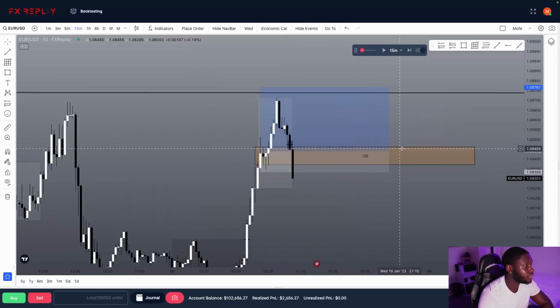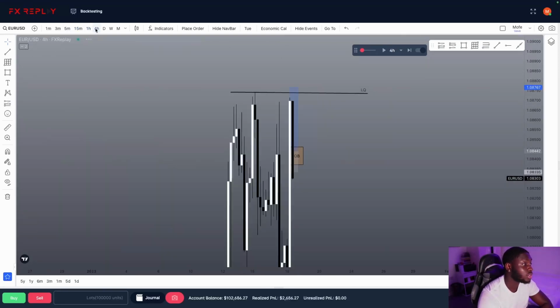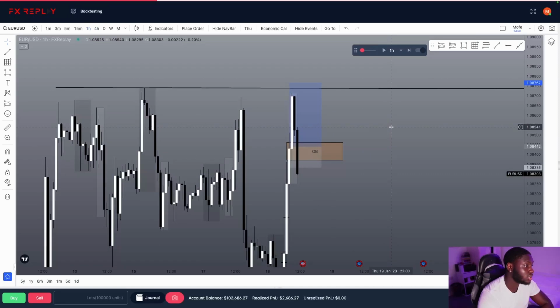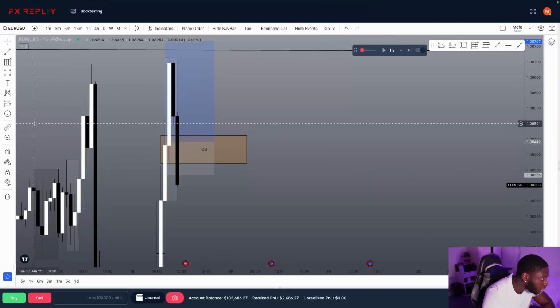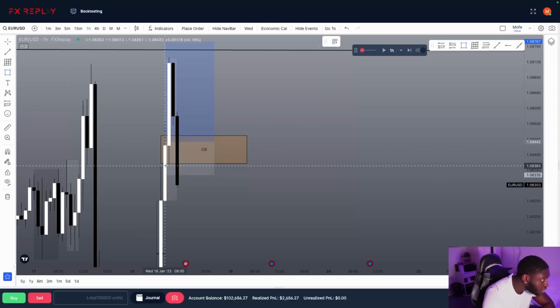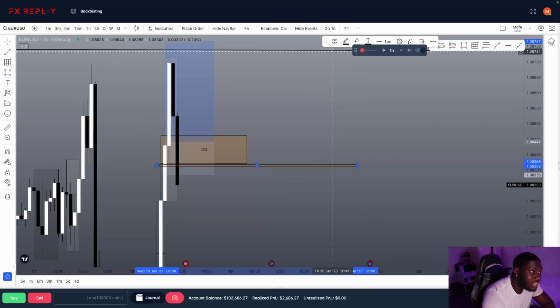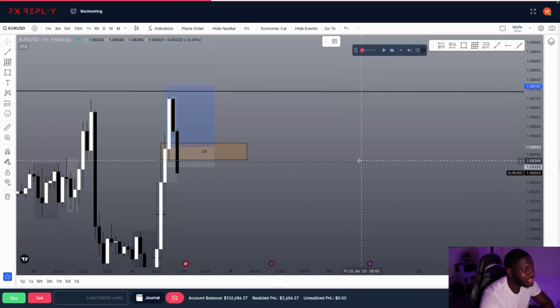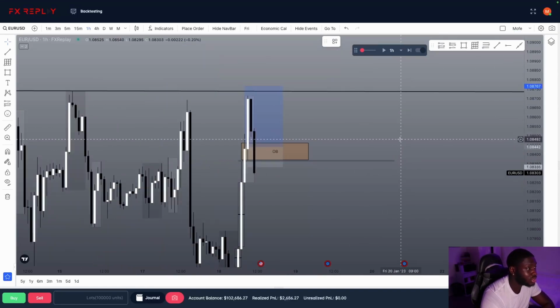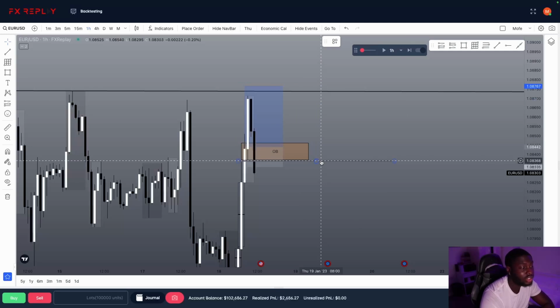So this trade lost. Let me try to see if I can find a reason as to why it lost. On the hourly, no. I mean, there was this hourly fair value gap, I believe, maybe. It looks very small. I didn't notice it prior. I'm not really sure if I want to frame that as a reason why this trade lost. I feel like it was just part of the strategy. Unfortunate loss, rather.